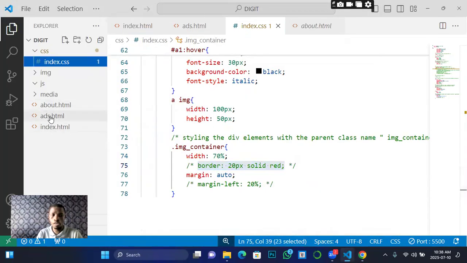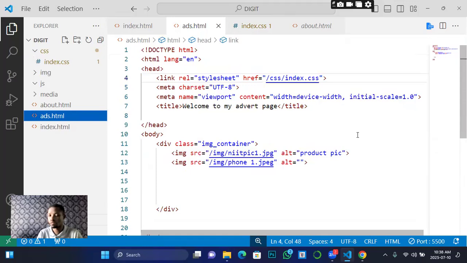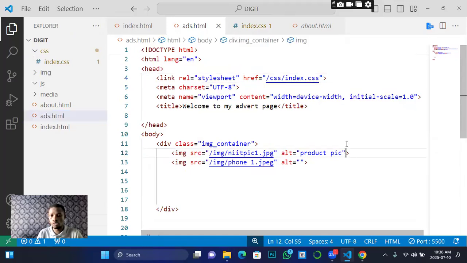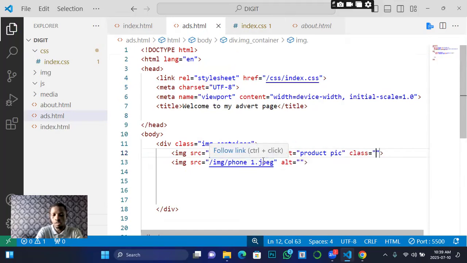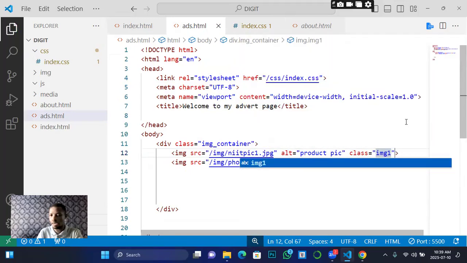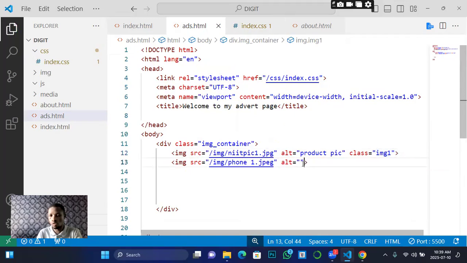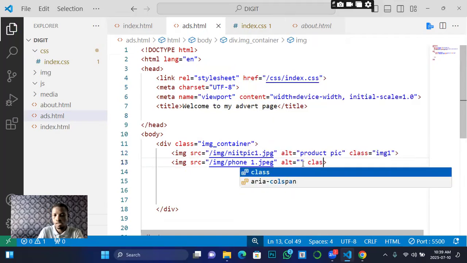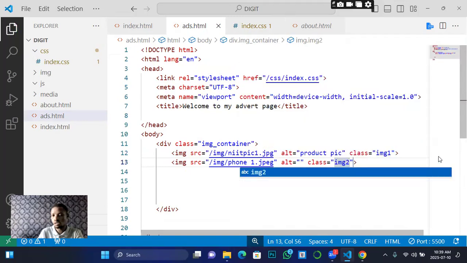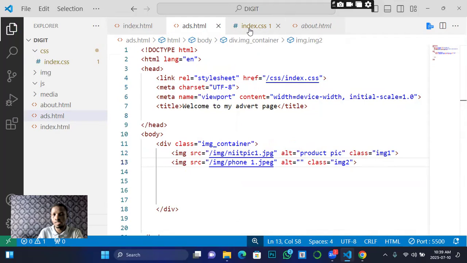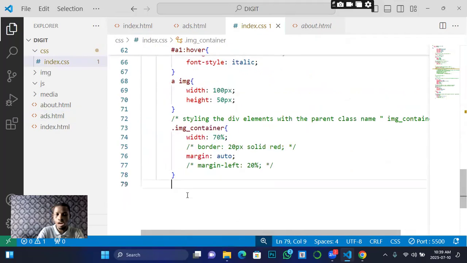This is where we are working, right? This is where we are creating the structure. So I will come to this one and add a class, and say img1. This one, class, I will also say img2. Then if I go back to my CSS again,